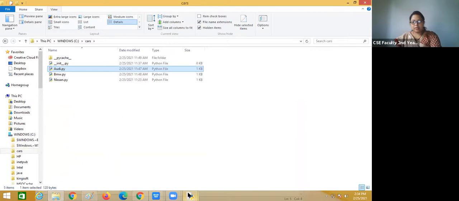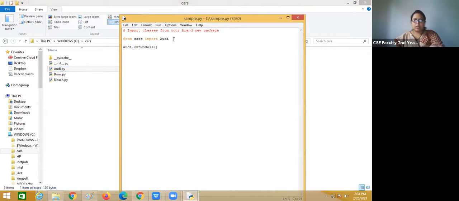Second one: if I write here from cars import BMW, and after that, the first one was for Audi, and for the second one we write BMW dot out models. I am writing the same because the function names are the same.